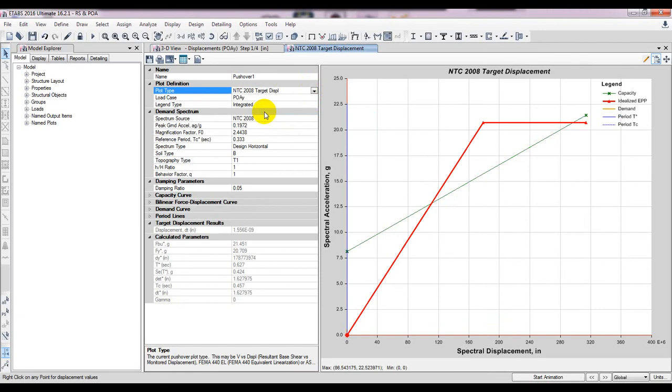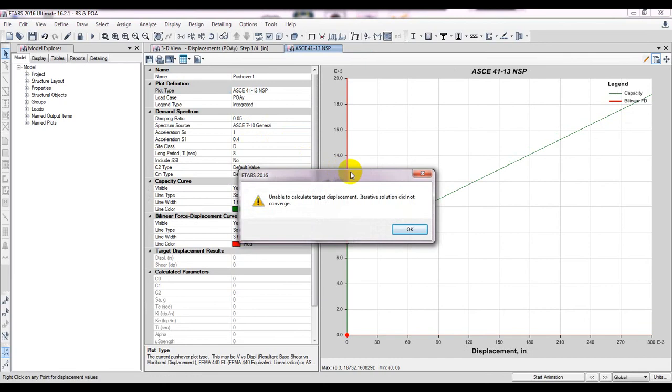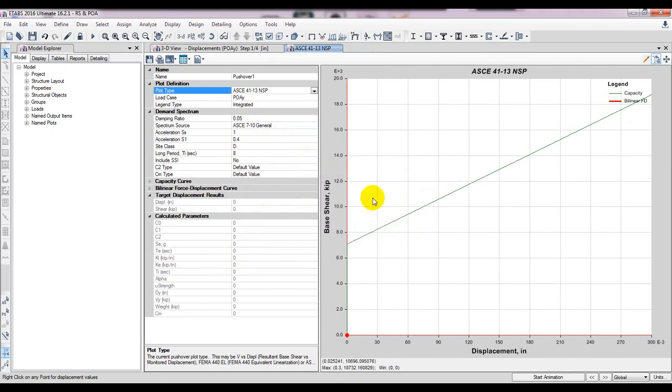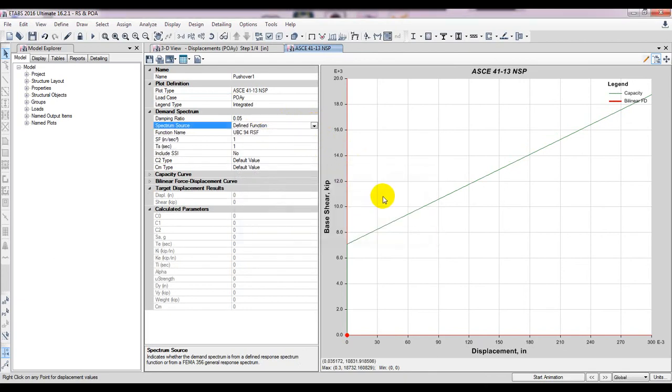This is the curve for NTC, and after that this is the curve for EC8 targeted displacement, and you can also change to ASCE, American Society of Civil Engineers, their represented curve. So it's unable to calculate targeted displacement, the inadequate solution did not cover us. Okay, done. It's unable to calculate, and for X